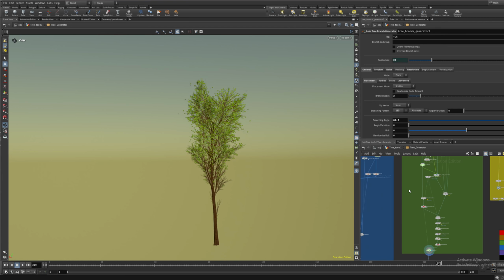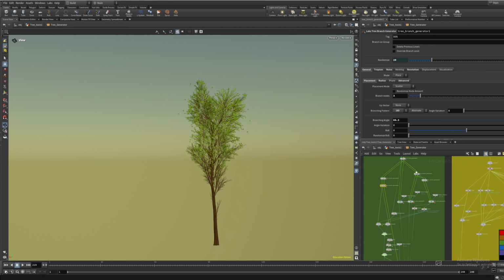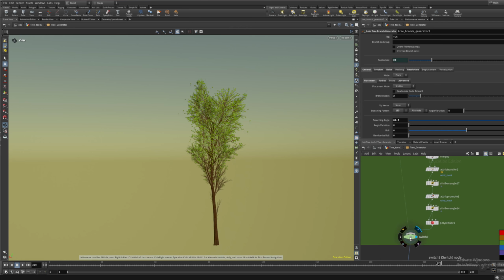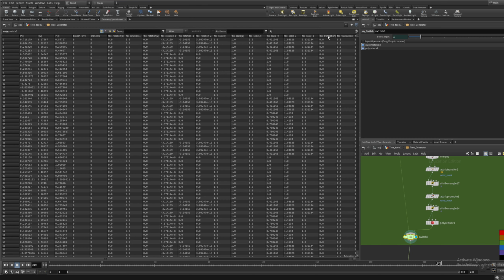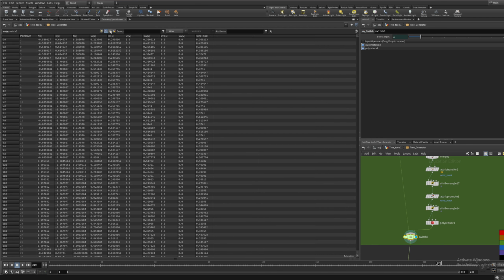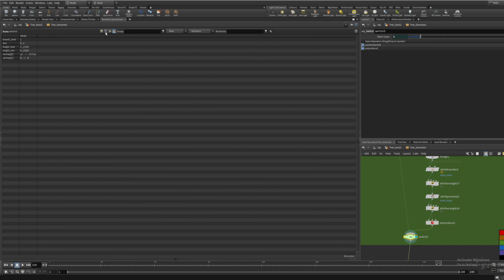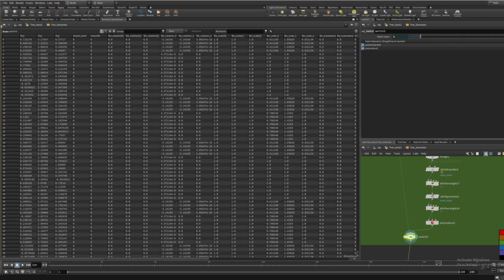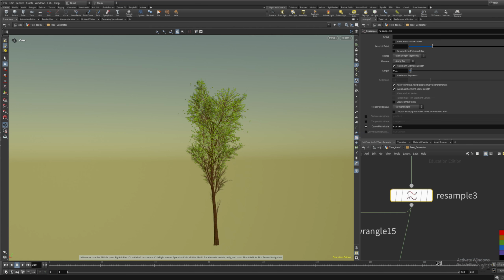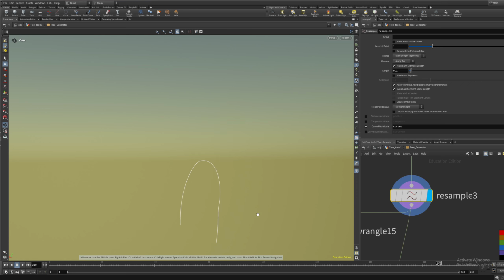So let's go into some of the more technical parts. So we've gone through. We see that we generate a trunk, we generate branches, we generate leaves. But if we come into our switch node and look at the geometry spreadsheet, there are a lot of attributes that are going on right now that are being used, and we need to explain what's going on there. So let's go back to the start. We receive our curve input. In this instance, it is a turned over tree,